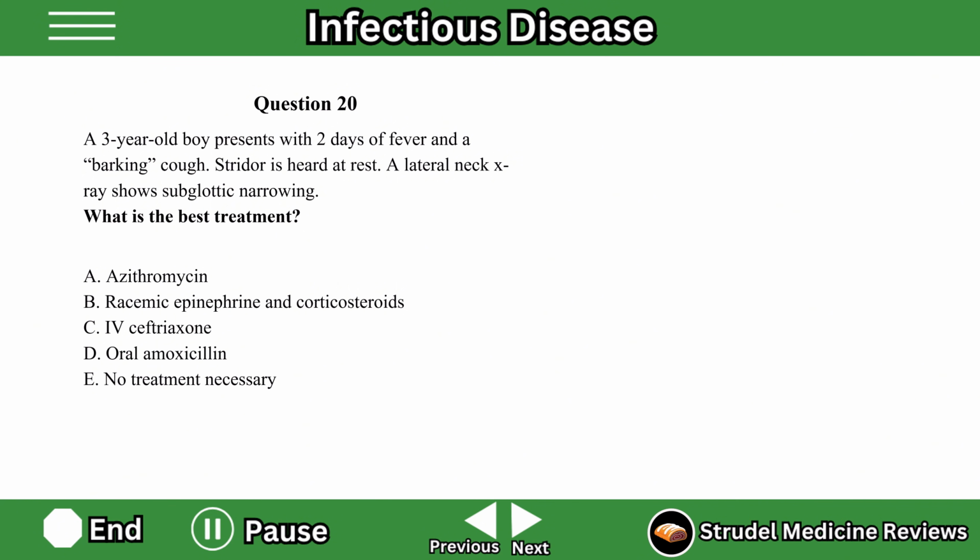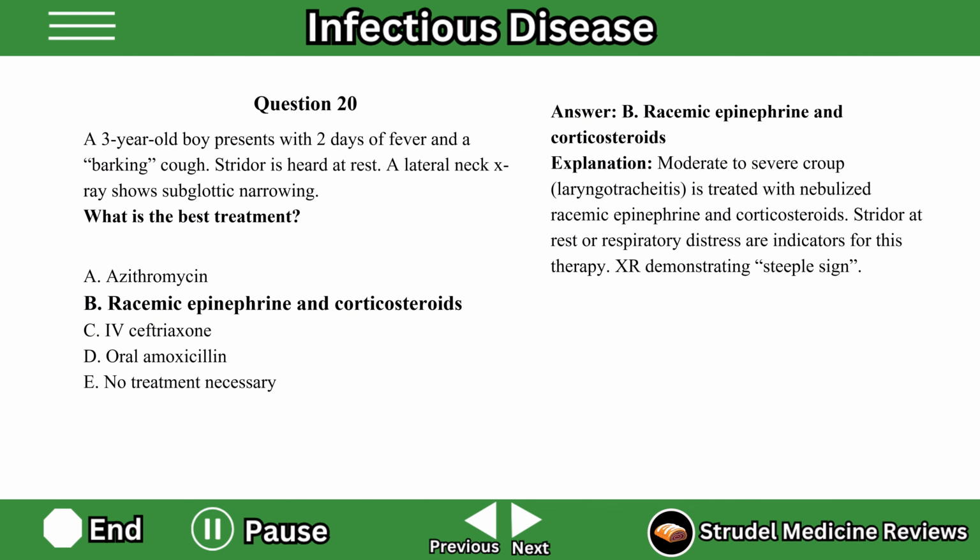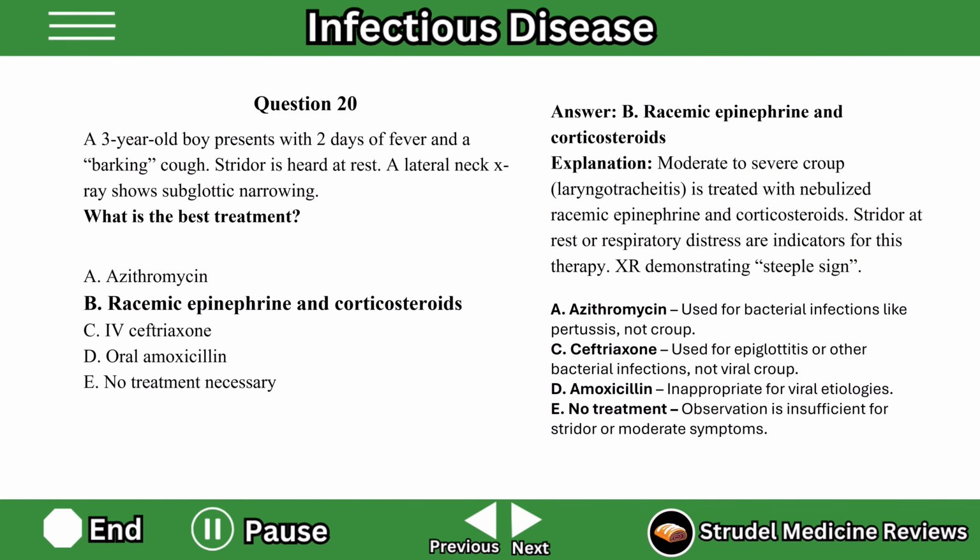Here you should be thinking B, racemic epi and corticosteroids, and that's because for croup that has stridor at rest, you need to be administering racemic epi with corticosteroids. On lateral neck x-ray, you might see the steeple sign. That's kind of classic or pathognomonic for board exams for croup. Going over the incorrect answers,